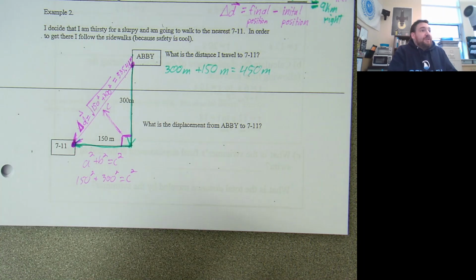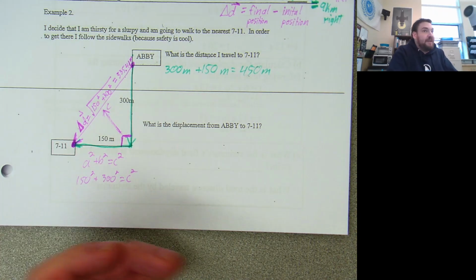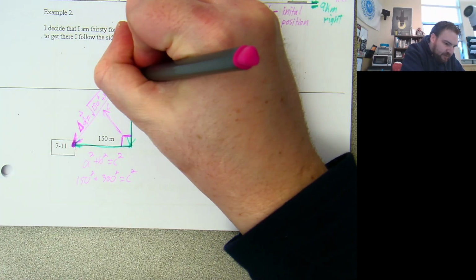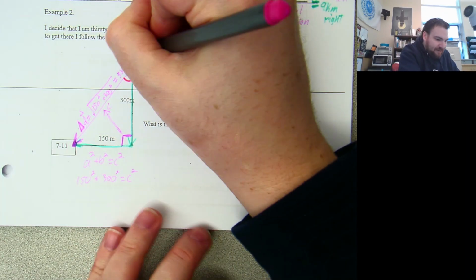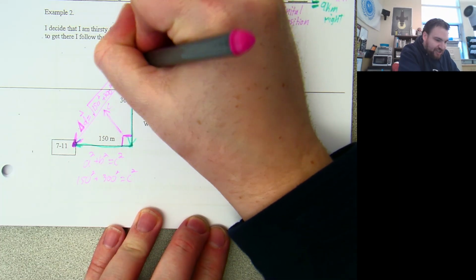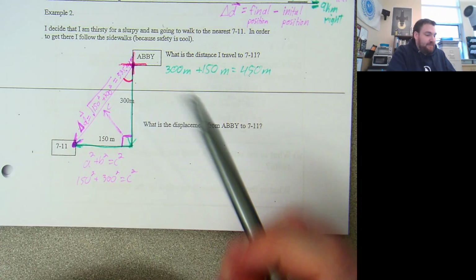When you start to deal with two dimensions, and even with what we were talking about yesterday when Brad was telling us where he was, I started to get really picky because he said northeast, but Brad wasn't northeast. Other people were northeast. Brad was actually north by northeast. So let's get really picky. How do we figure out what the direction is going to be from where we started to where we ended?